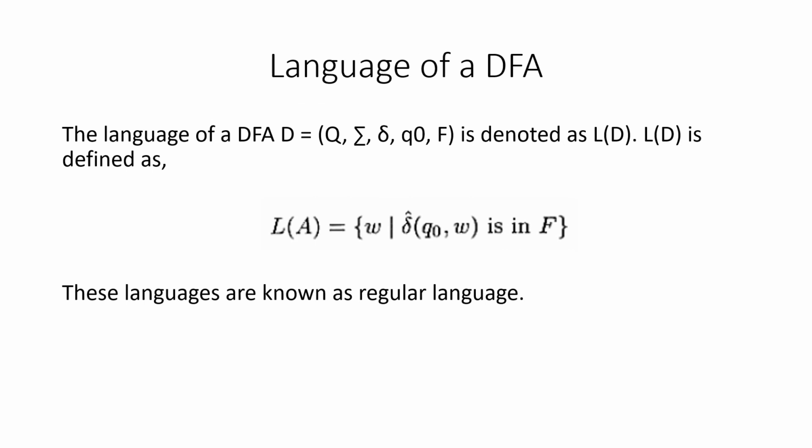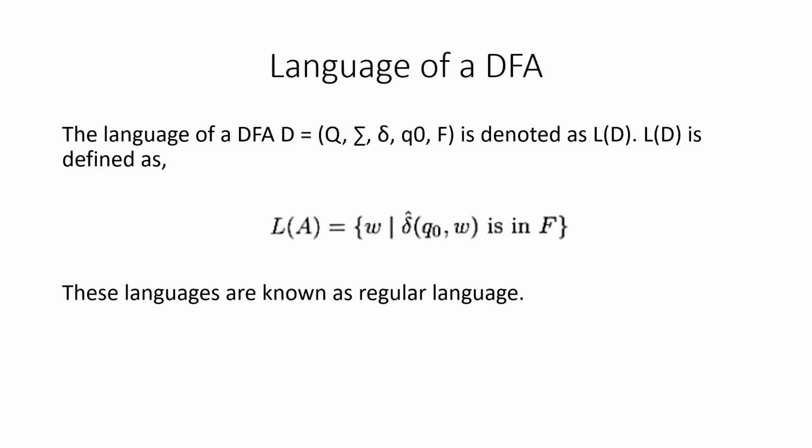So this slide gives you the formal definition of a DFA. So we rename the deterministic finite automaton as D, and the language of D is defined as the set of strings w such that when I apply the extended transition function starting from the starting state, why am I saying here the starting state is q naught? From this formal definition, we say that q naught is the starting state, hence it has to be used. If you change the starting state here, it must reflect in this formal definition too, right?